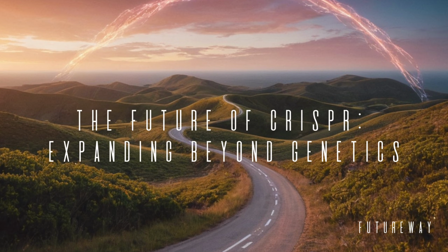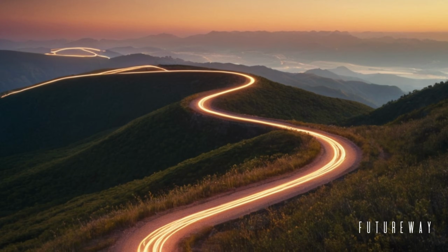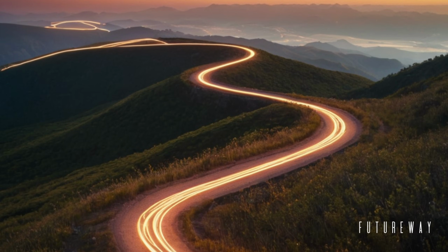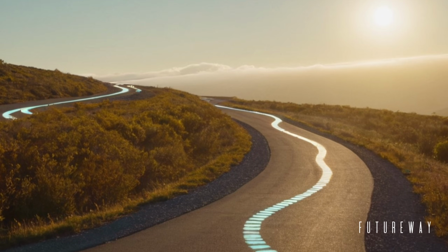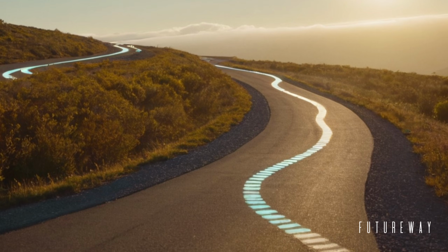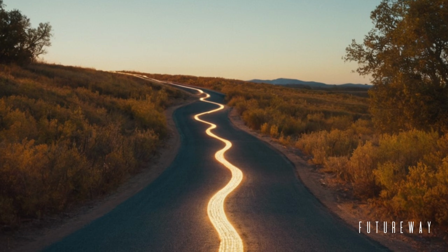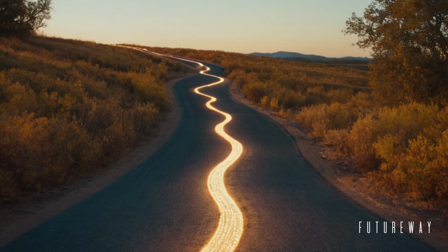The future of CRISPR, expanding beyond genetics. CRISPR's potential extends far beyond its current applications, with scientists exploring innovative uses that could redefine medicine, biology, and technology. Emerging developments include CRISPR systems that can edit RNA instead of DNA, offering new treatments for diseases without permanent genetic changes. Researchers are also working on CRISPR-based tools for precise epigenetic editing, which could regulate gene expression without altering the